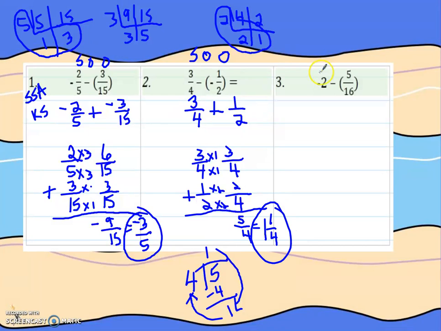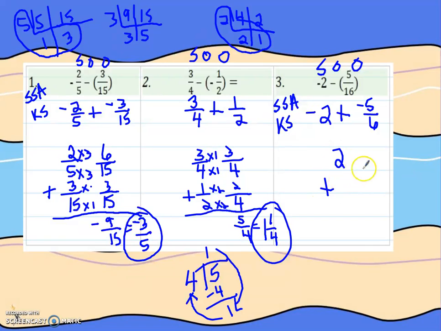All right, let's take a look at the last one. Same, opposite, opposite. Negative 2 plus negative 5/16. This is same signs add. Keep the sign. So we have 2 plus 5/16. Well, there is no other fractional piece to add, so you just bring it down: 5/16, bring down the 2, and we keep the sign. So it is negative